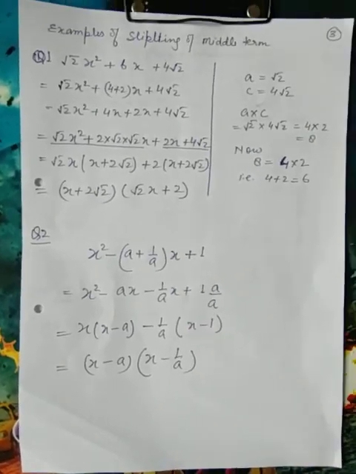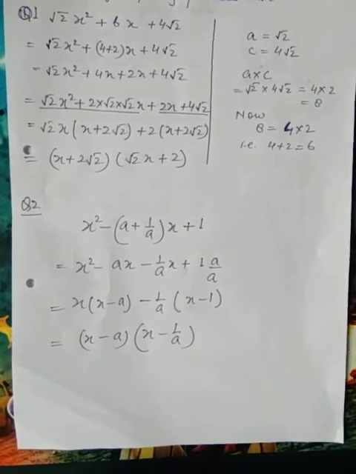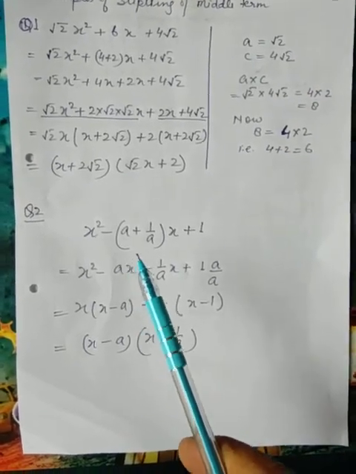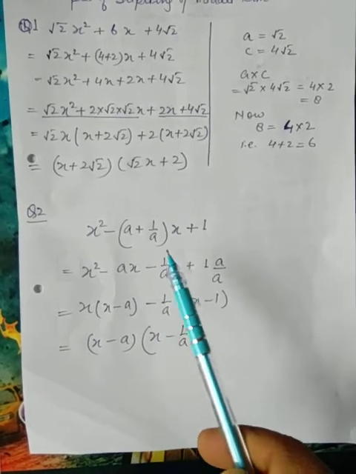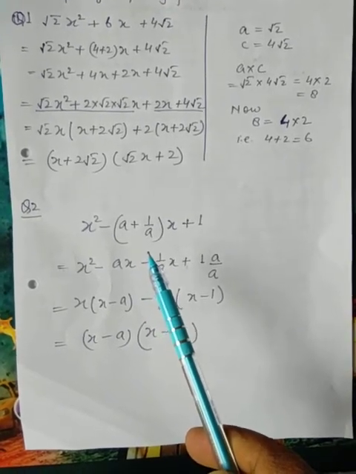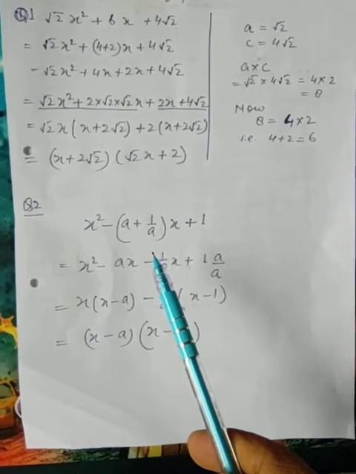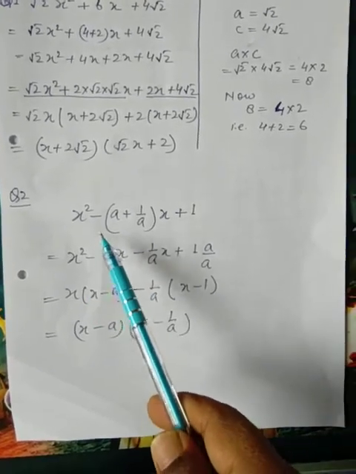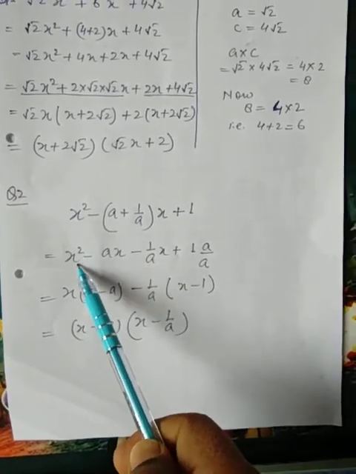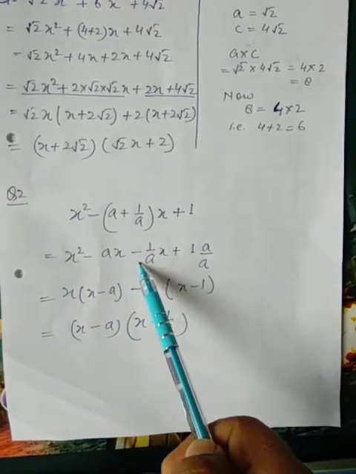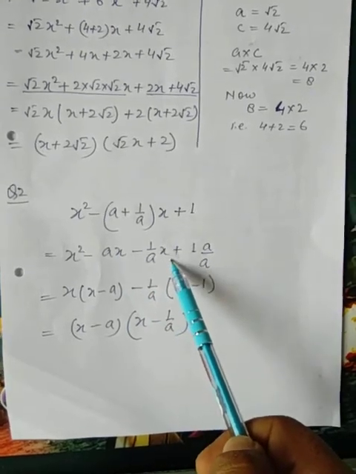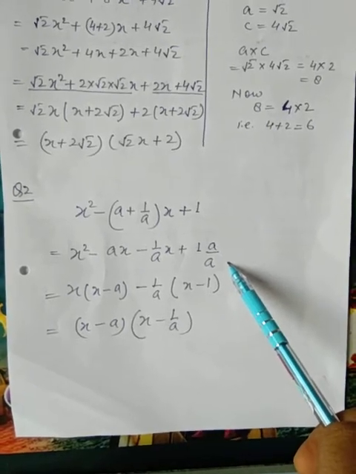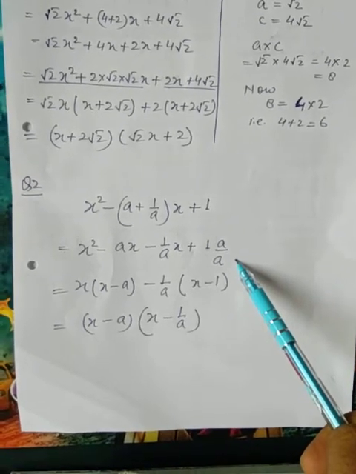Again I took one more question where we will not use this concept, but the middle term is already given. We just need to open the middle term and we will use some concept from our side. We will use our thinking power. Such questions are given: open it, x square minus ax minus 1 upon ax plus, instead of 1 we can write a upon a, right? Such questions are known as logical type questions.